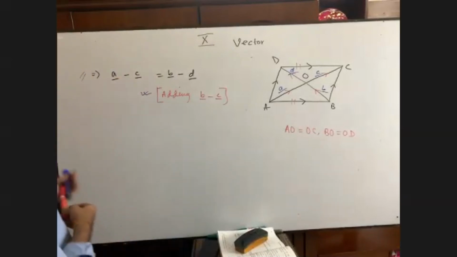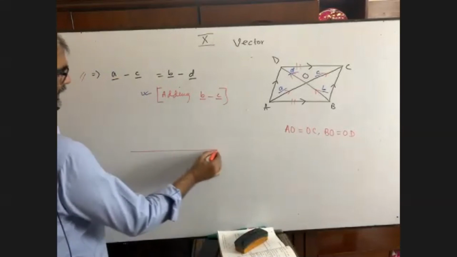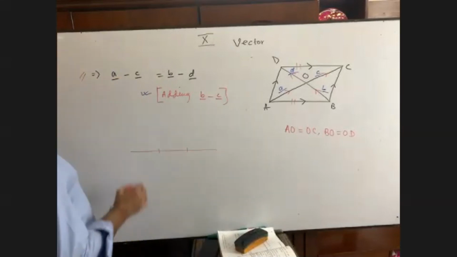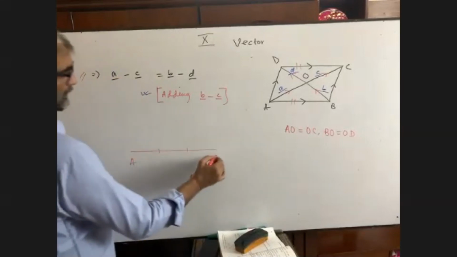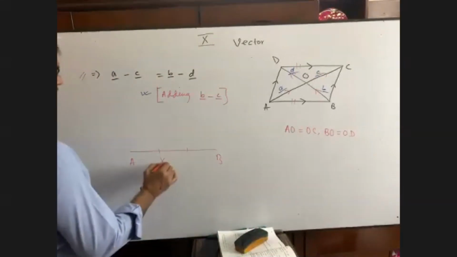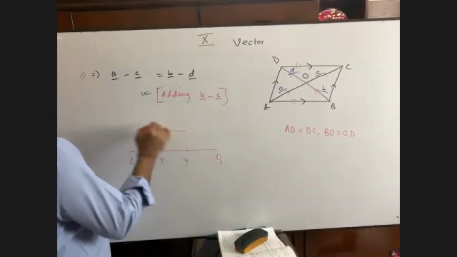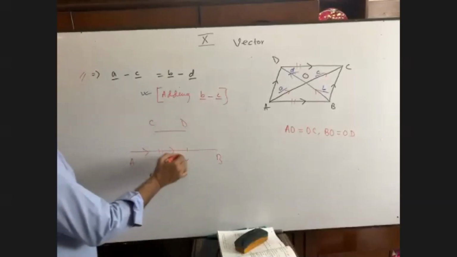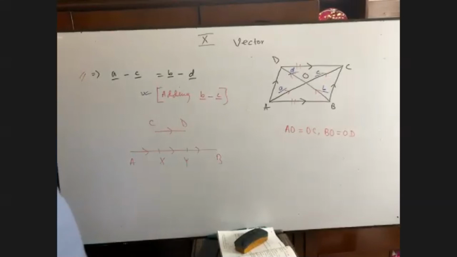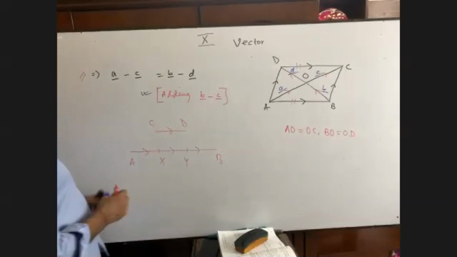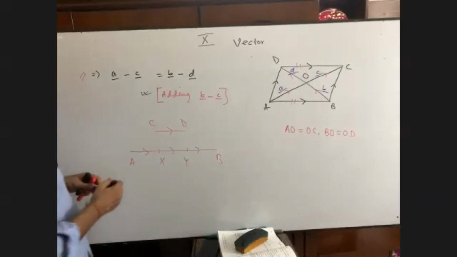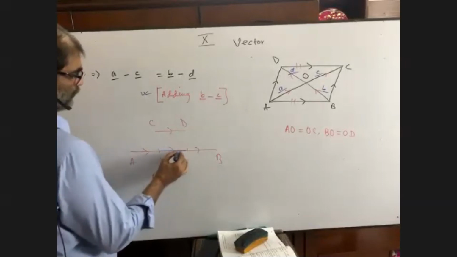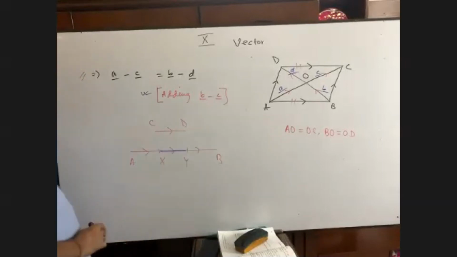That day I told you, can you please remember one thing? Here in this way. Can you remember AB? I wrote here XY. It is CD. Can you remember, please? Can you remember or not? Lines of support? Yes, sir. You see, the lines of support of XY and AB are same, right?